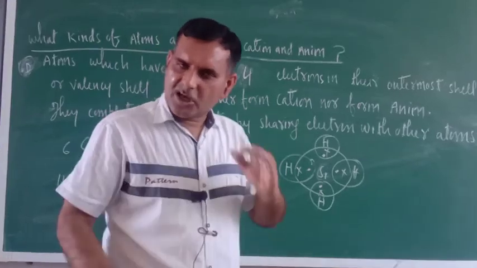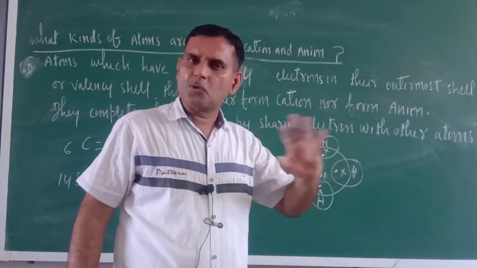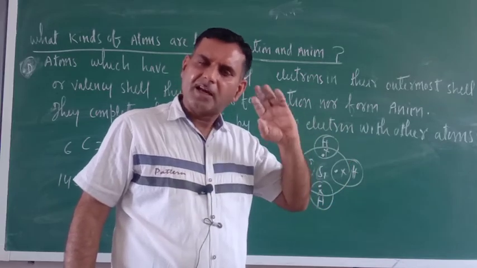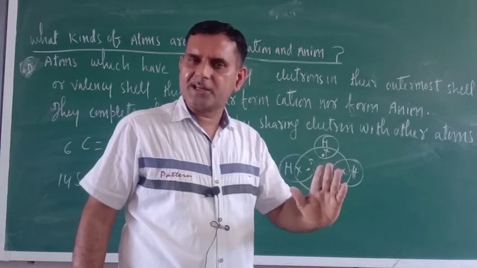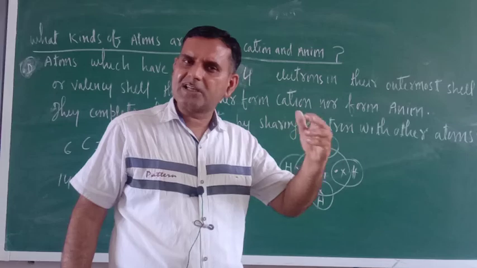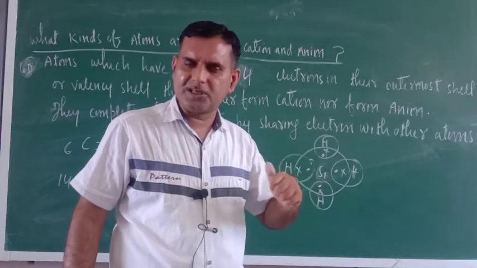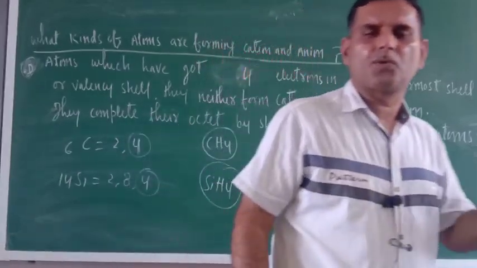Remember, electrons take part in chemical reaction, protons do not. Since proton is found in the nucleus, their number always remains constant, and atomic number is the characteristic of the atom. What is the meaning of characteristic? It should not change according to the situation. That is why atomic number is always determined on the basis of proton number.